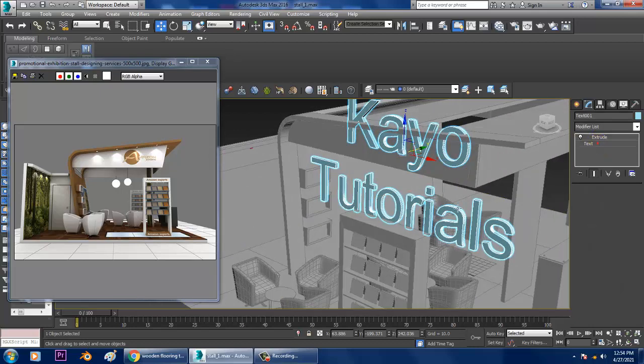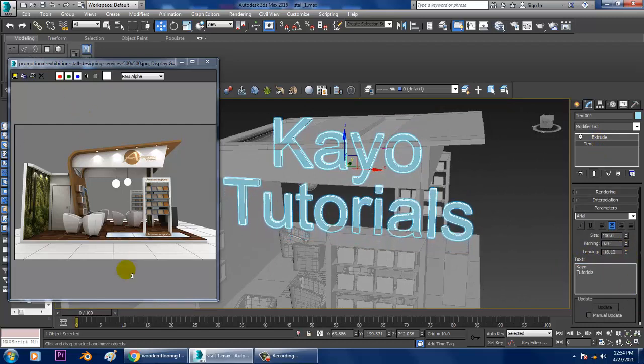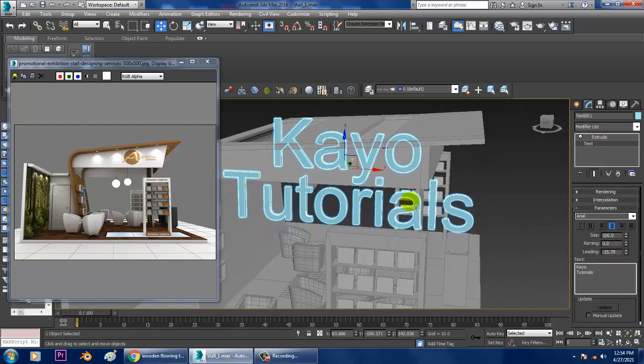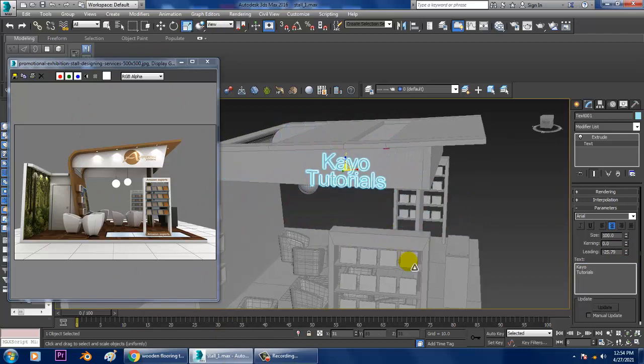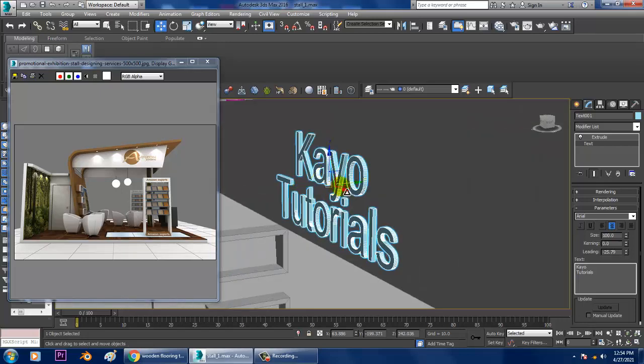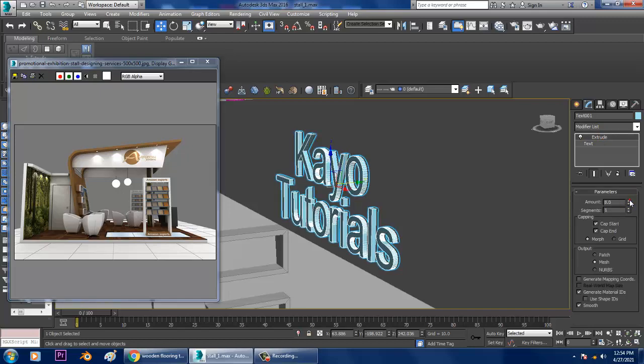Let's go into the text, where we have a leading option. I can reduce this leading, slightly scale this and put it over here. If you want to increase its extrusion, I can slightly increase the extrusion over here.